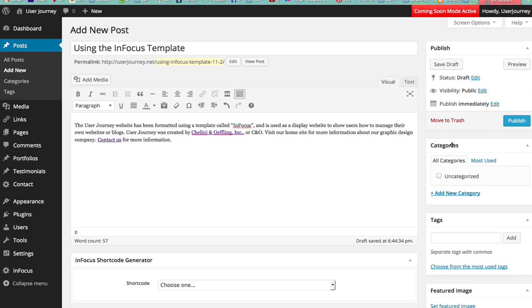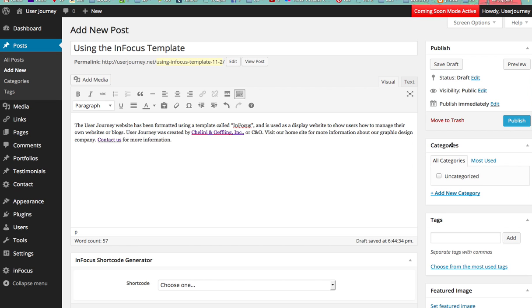Categories are broad areas that group your posts to make it easier for users to navigate around your blog. You don't want to have too many categories so that people are scrolling through 20 or so categories to find what they want, but you also don't want too few categories. So really take a look at your blog posts and try to set broad areas that help distinguish the main